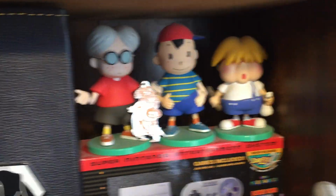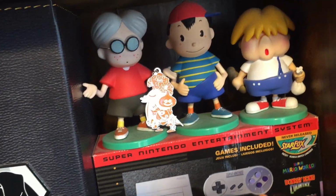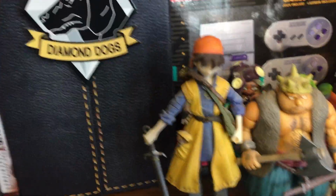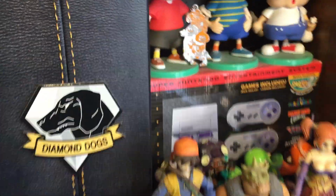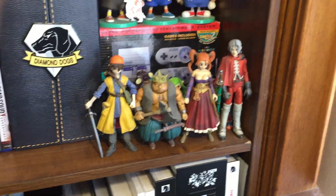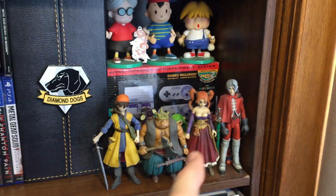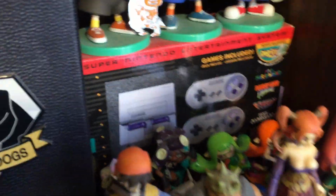There's a little keychain that's got a nice glare on it for Dragon Quest there. I can't even get a really good angle on that, so metal slimes and stuff. Yeah, it's pretty neat. Big Dragon Quest fan. My Dragon Quest 8 figures from the main cast from that, the hero and Yangus and Jessica and Angelo and all that. There's some Splatoon figurines that my friend Mayab gave me, and